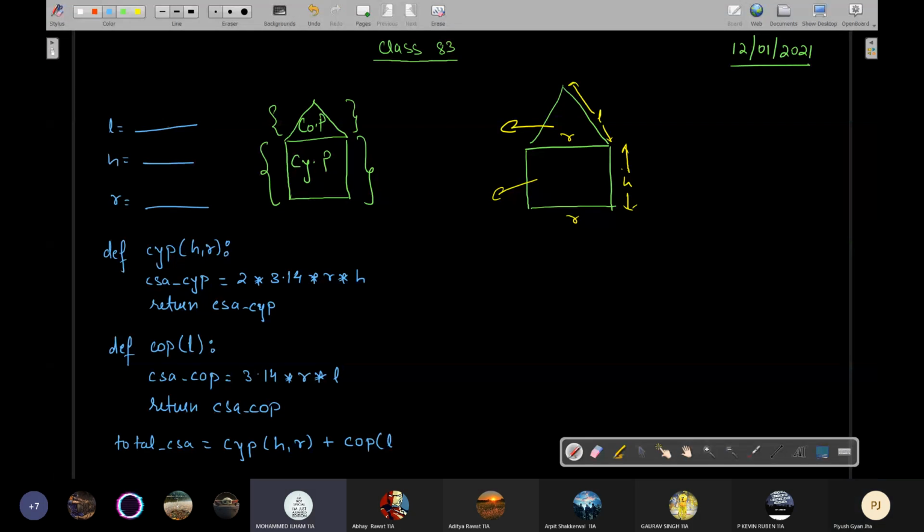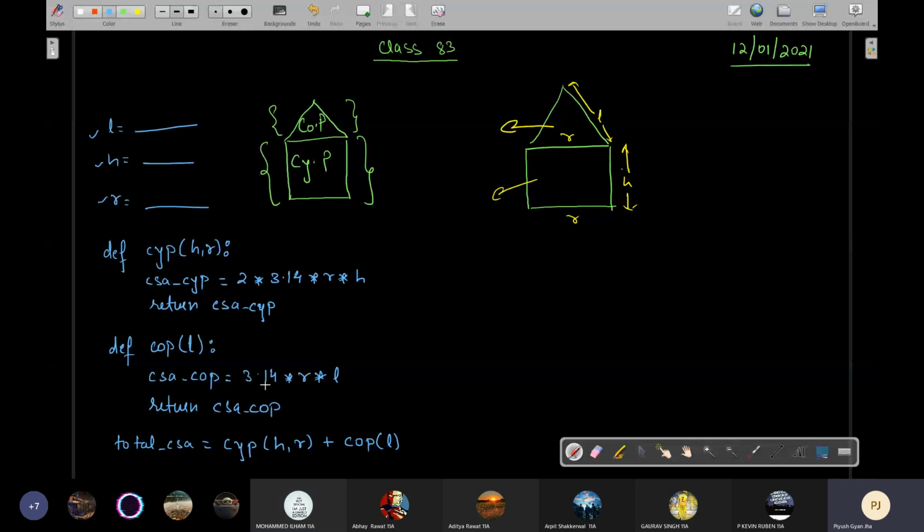so should we not give any value here? You have already given the value as user input, right? So these will be replaced by the values. These are just variable identifiers. So this will be passed here. Don't get confused. This H and R are in the global scope, and this H and R are in the local scope of this.